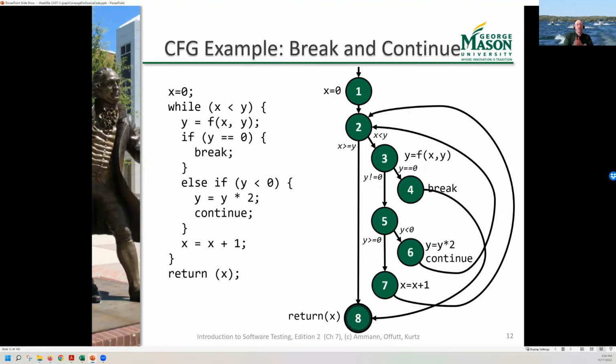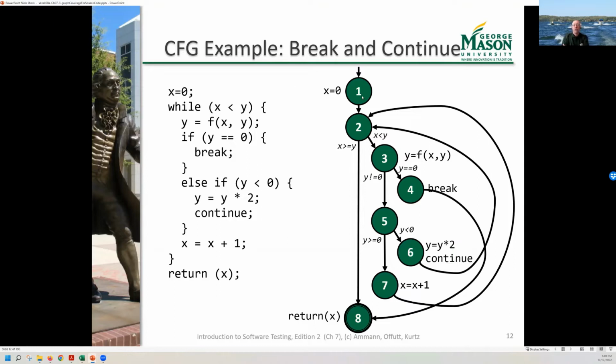Now, control flow graphs like this can start to get pretty complicated. And when we start using things like break statements or continue statements, we're really driving up the complexity. It's a little bit ironic, right? Because we're using those things to try to simplify our code. And I would argue they do simplify our code and they make it easier to understand our code, right? I say, okay, we get to the break, great. I skip over the rest of this. I just go into the next iteration of the while loop. That's very clear to us as programmers. But it actually drives a fairly complex control flow